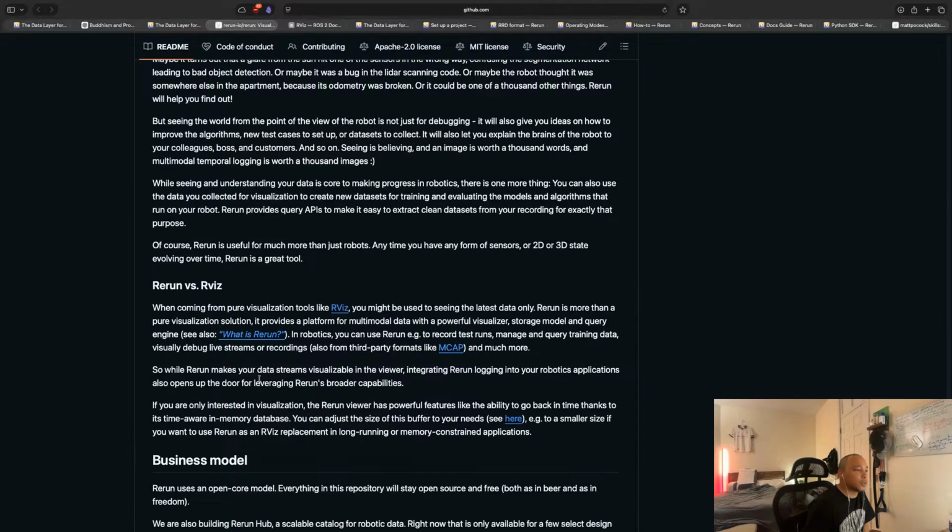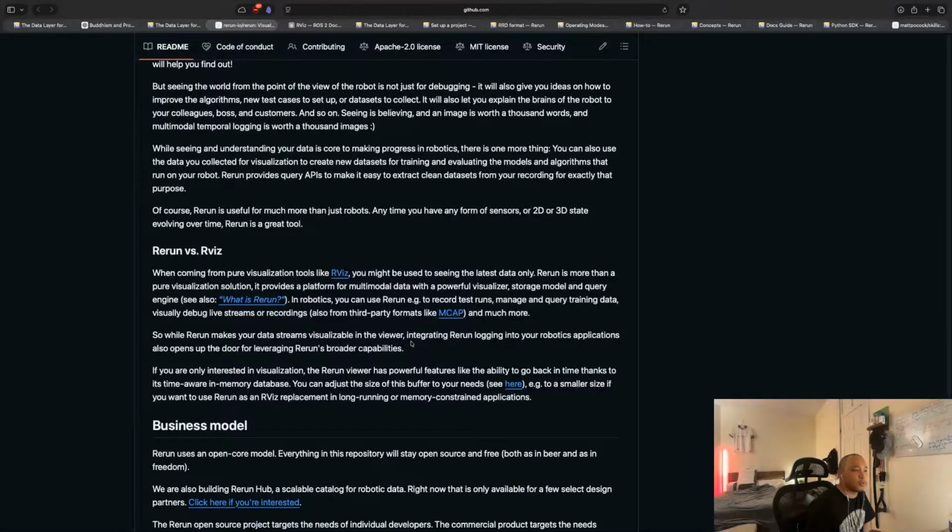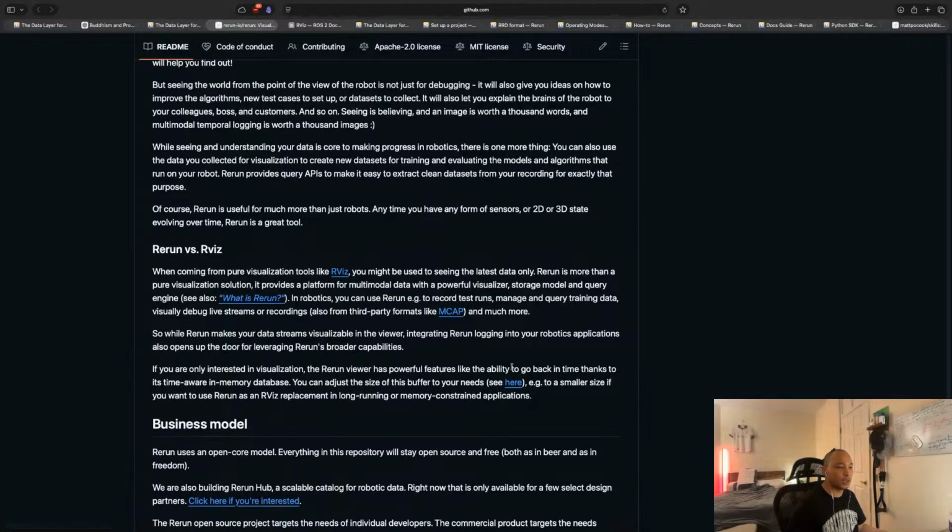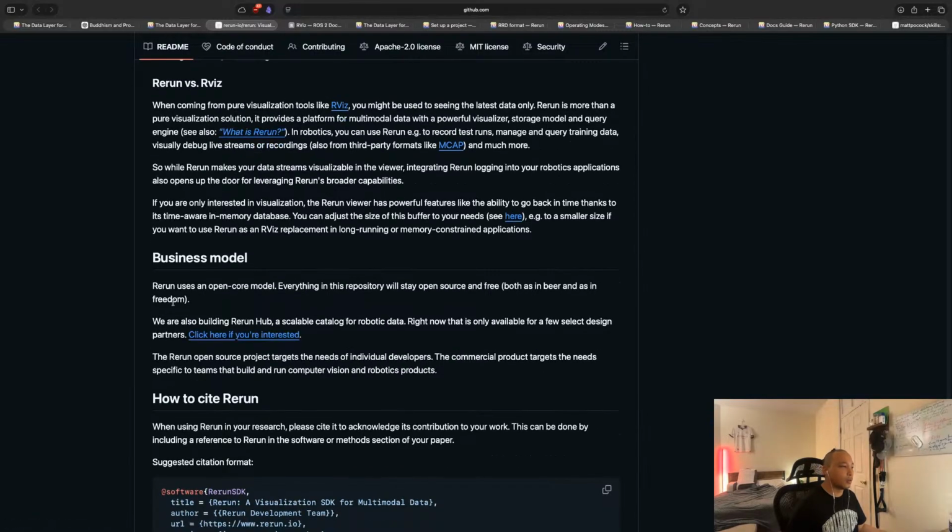So while Rerun makes your data streams visualizable in the viewer, integrating Rerun logging into your robotics applications also opens up the door for leveraging Rerun's broader capabilities. If you're only interested in visualization, the Rerun viewer has powerful features like the ability to go back in time thanks to its time-aware in-memory database. You can adjust the size of this buffer to your needs. Right, business model.